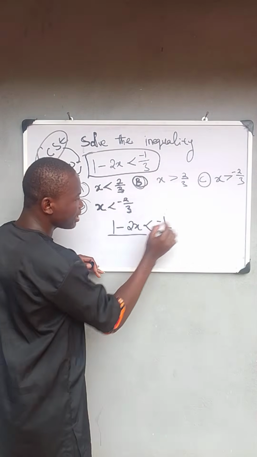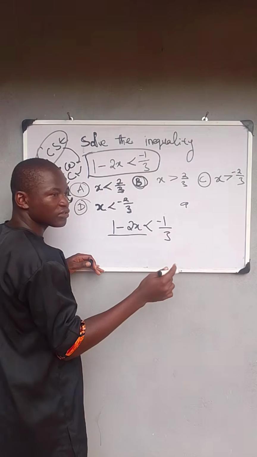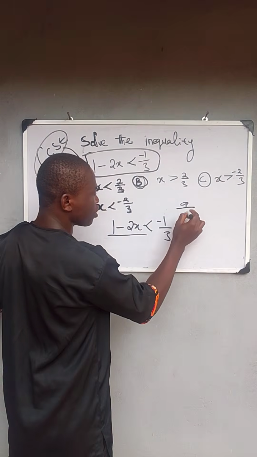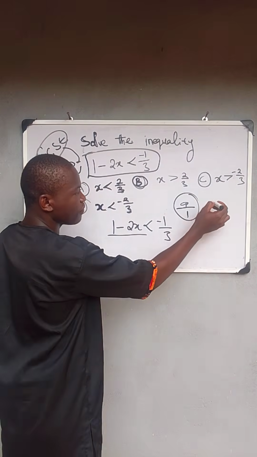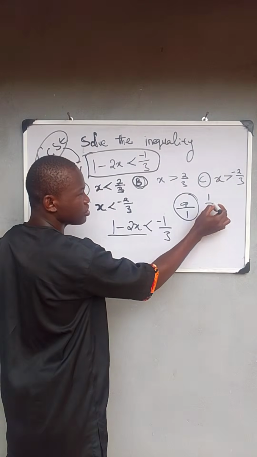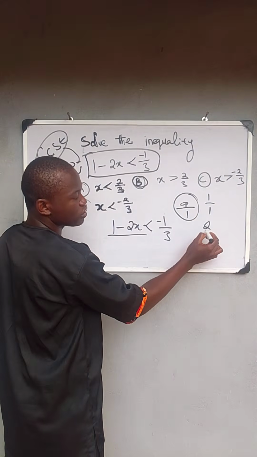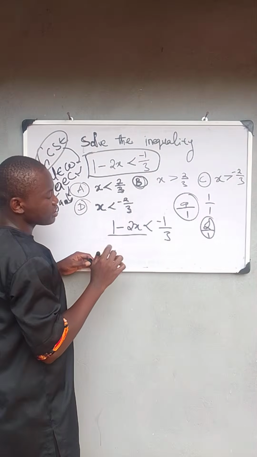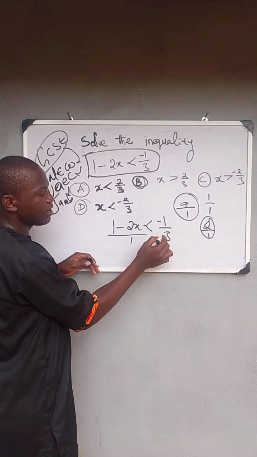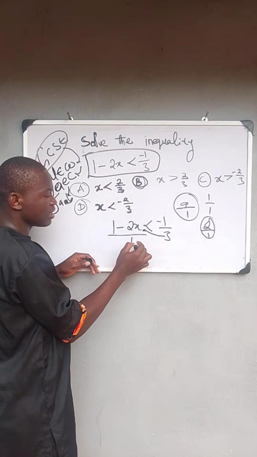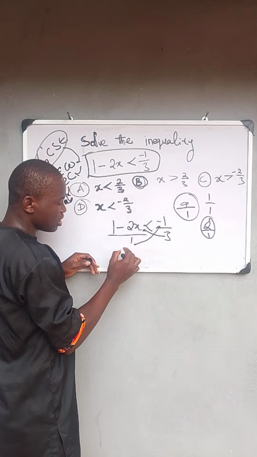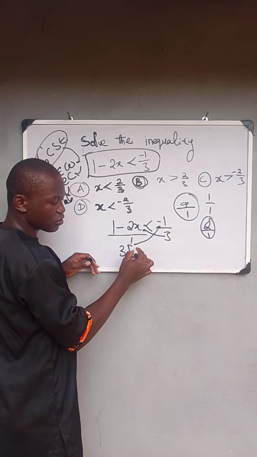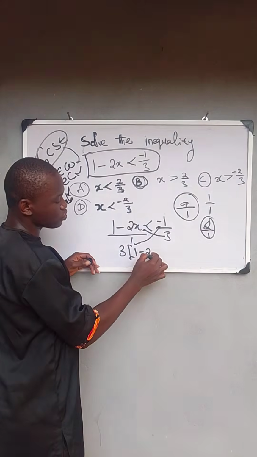You know that any number in this form, both variables and constant, is all over 1. So if you have something in this form, it is all over 1. If you have 2 in this form, 2 is all over 1. So that's what I'm going to apply here. What next are you going to do? You cross multiply. This 3 will multiply everything here. This 1 will multiply everything here. It will now be in this form: 3 brackets 1 minus